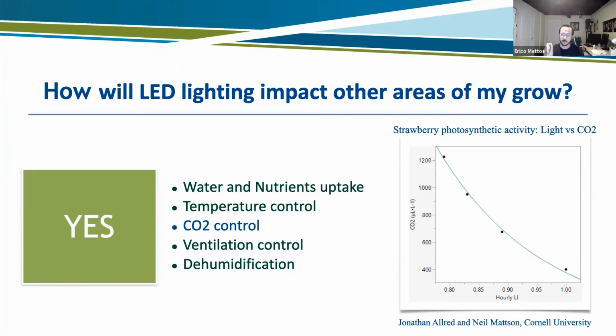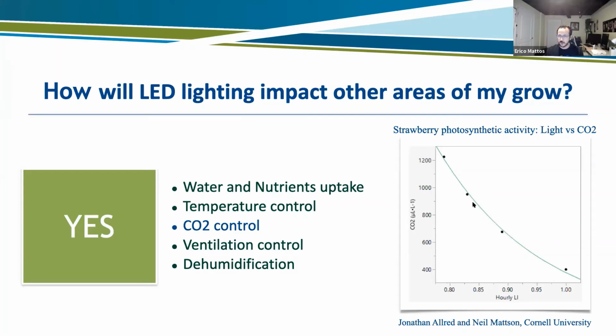One of the aspects I would like to talk a little bit more in depth about here, and you see there is always a blue bullet point, is CO2 control. We know that the plants can respond. You can control lighting and CO2, you can optimize the photosynthesis process with the plants. What you see in this graphic here is a relation between, if you increase the concentration of CO2 in your room, your plant is going to photosynthesize more efficiently, so you can use less light.